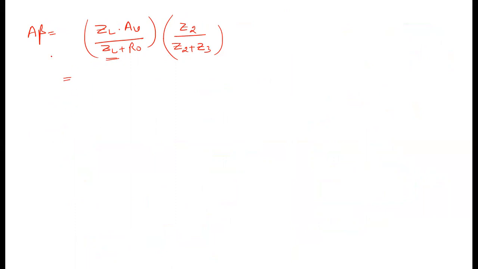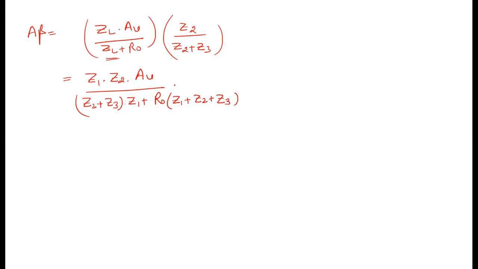So after putting the ZL and solving this expression, we have Z1 into Z2 into AV divided by Z2 plus Z3 into Z1 plus R naught into Z1 plus Z2 plus Z3. So by putting ZL and solving this expression, we get A beta is equal to this,